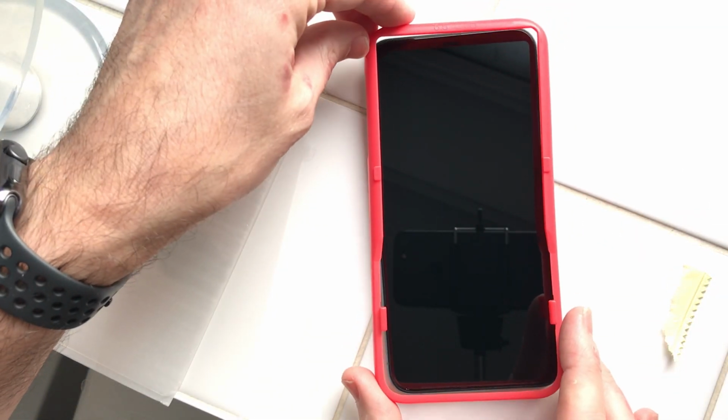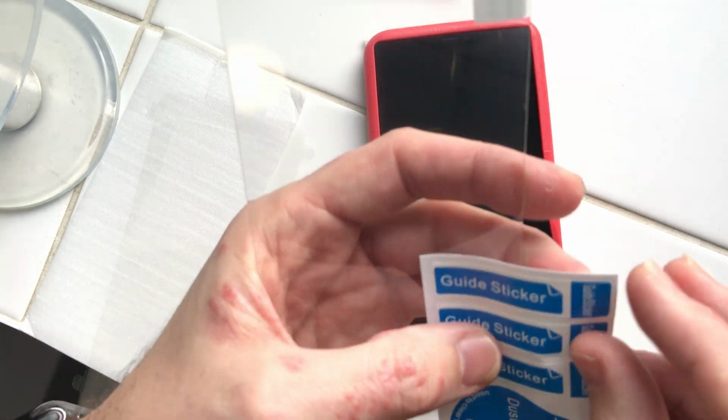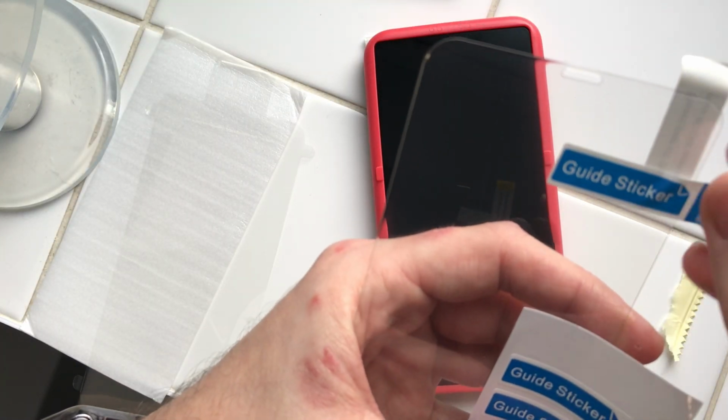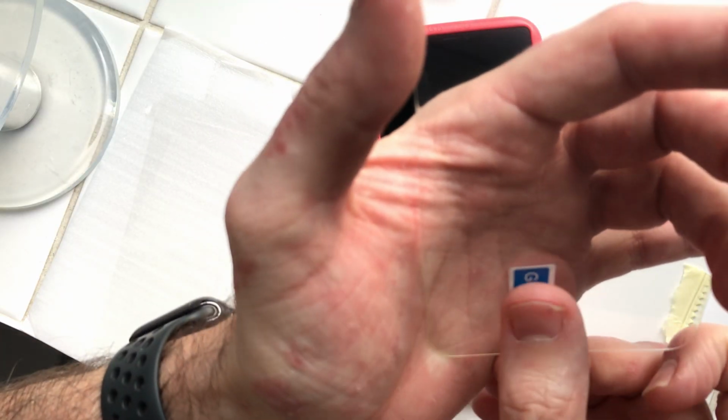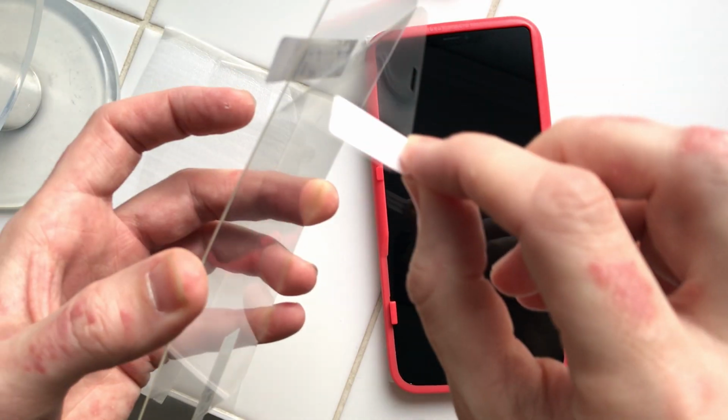So now I need to put the guide on, which you just clip over. And if I grab two of the stickers, I'm just going to put one at the top and then one at the bottom. Give me two areas to hold onto. And then I will peel